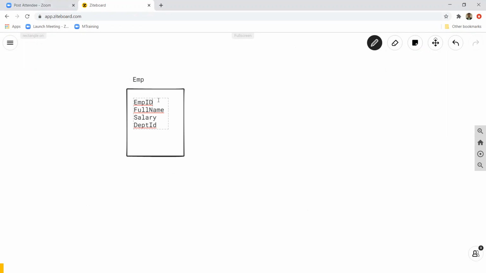And remember, employee ID here is the primary key of this table. And now I have another table called department, where I have department ID, which is the primary key for this table, and there can be department name, some department location.